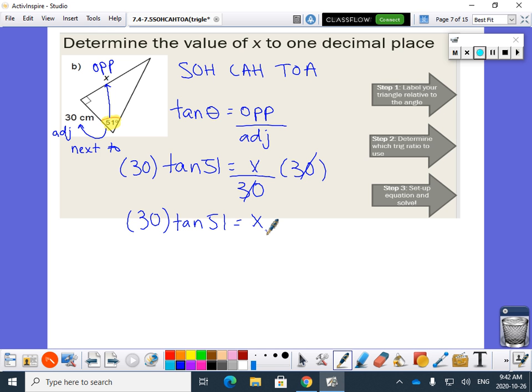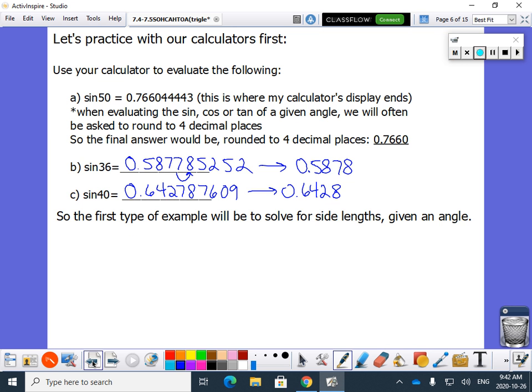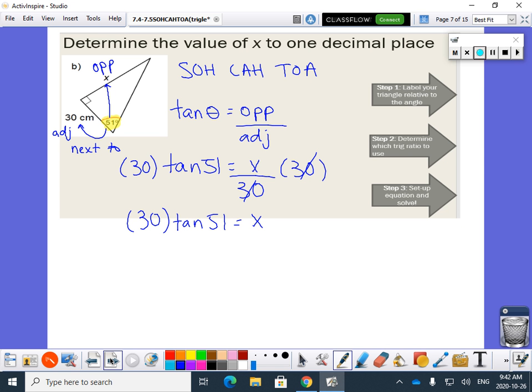You could have just typed in 30 tan 51 and it should give you the right answer. But if it doesn't and you're struggling, get tan 51 first. That's what we just did on this slide. That was the whole point of this slide, to be able to practice with this. So if you do tan 51, it's going to give you a decimal and then multiply it by 30. Okay? So you should have gotten 37.0469